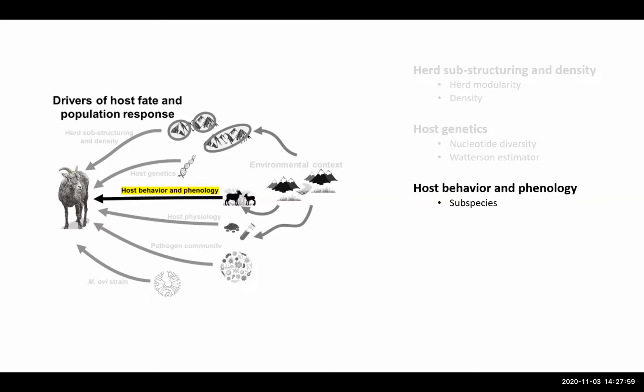We also, when looking at our MOV PCR and ELISA results, saw a very different trend between the different subspecies. We looked to previous studies that have been done in the Rockies and other areas to get an idea of what we would expect to see in the years following a die-off. We see that herd prevalence tapers off gradually through time following a die-off, and seroprevalence more gradually through time. You may also see prevalence drop off more sharply in the first few years, but still have this tail for several years following that die-off because of carriers in the population.